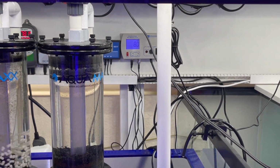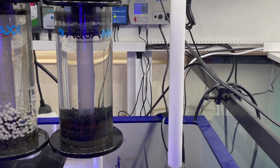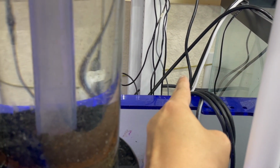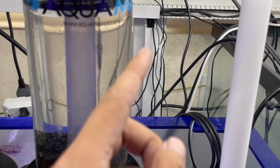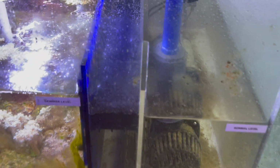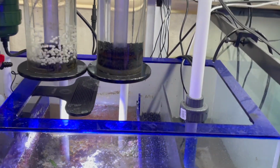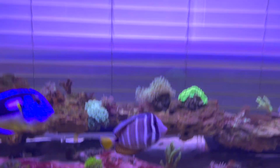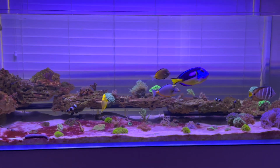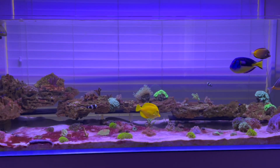Today, I think I'm gonna get that Kalk reactor in. I'm thinking about putting it right behind right here and having that exit elbow come out and then into the sump. That way the return pump can pick up that Kalk water and put it through the entire tank right here. But first, I wanted to take care of my